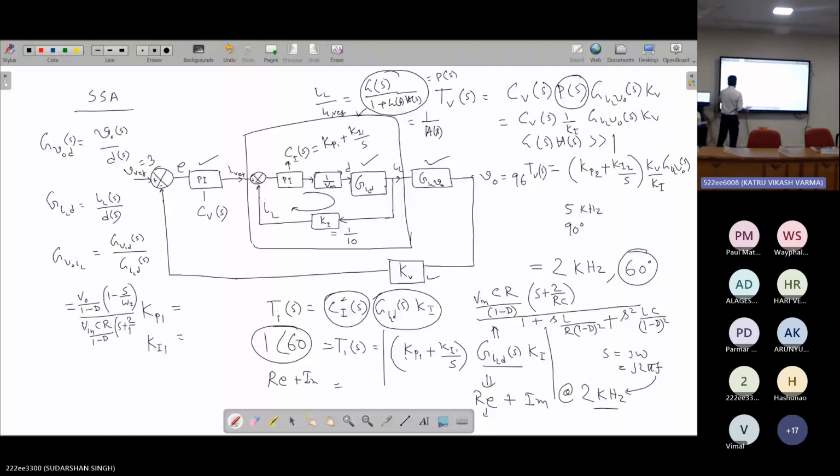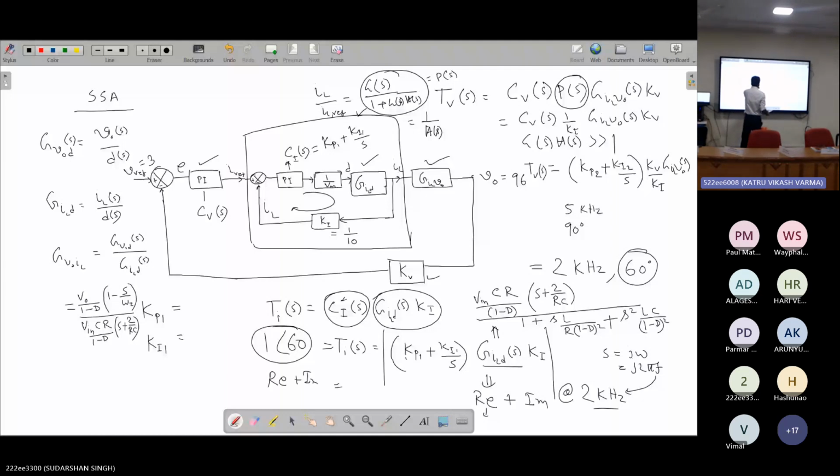If you see carefully, this is the numerator of the IL by D transfer function, and this is the numerator of the V0 by D transfer function, because the denominators will be the same and they will cancel each other while finding this transfer function. So in general, the rule is, because this right half plane zero is there,